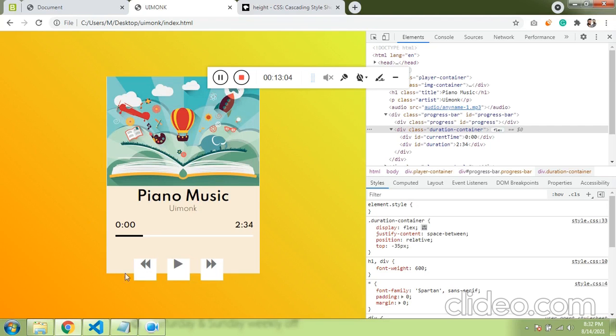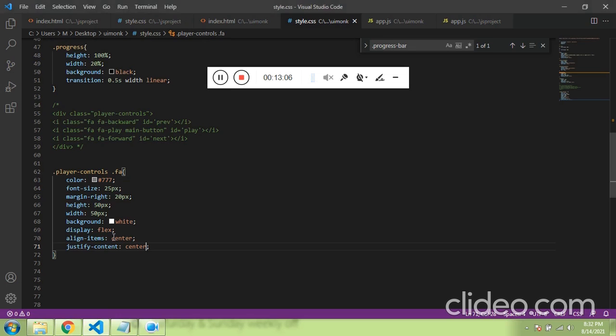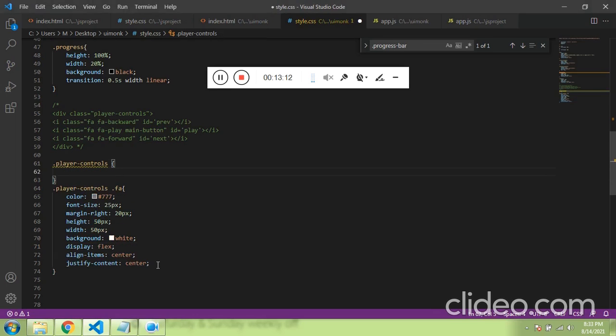So you can see it was at the top, now it will be at the center. So let's choose the class container of the font awesome, and let's just give the same thing to them.